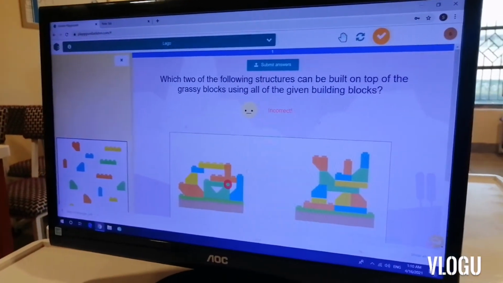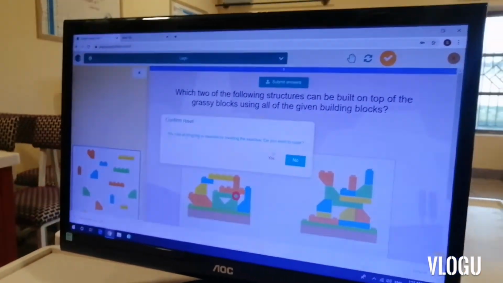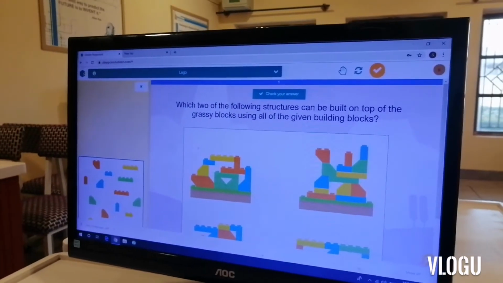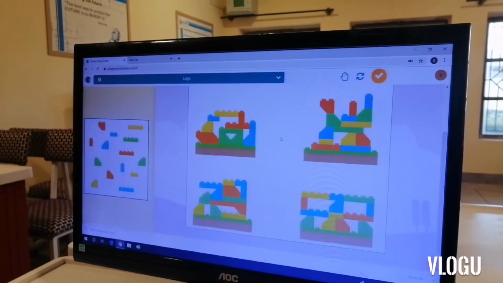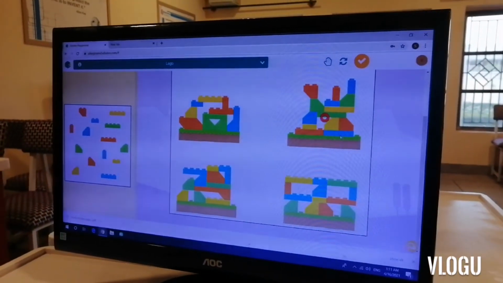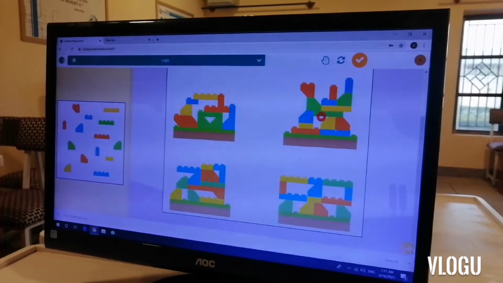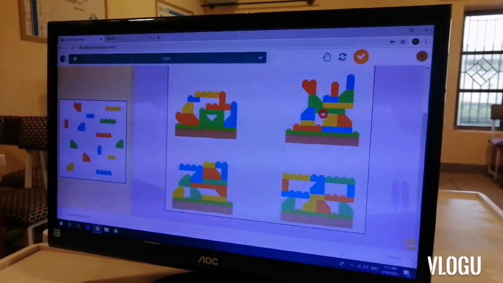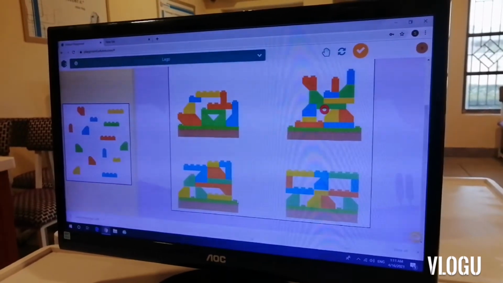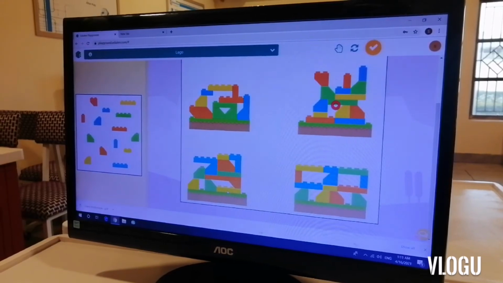This shows incorrect. Then you can check again and start over. Click on this one, which means start over and check again. So next time I choose this Lego, and this will have again the same Lego. This 1, 2, 3, 4, 4. The two places are not the same.